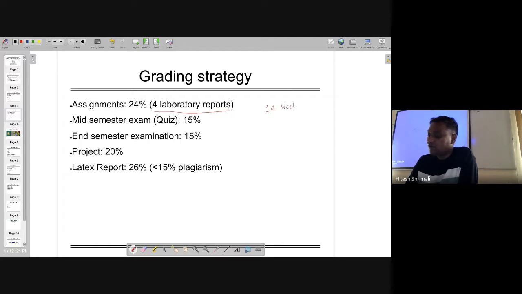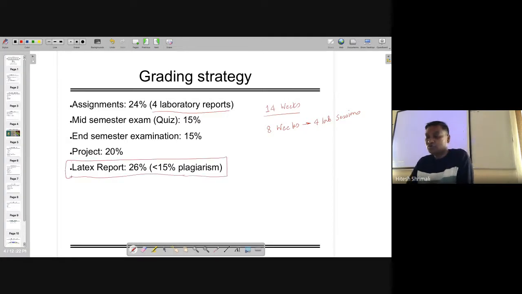Out of these 14 weeks, I plan that in the first 8 weeks, you are going to have 4 lab sessions where I'm going to teach some of the parts like Magic, or some of the things which are required to perform these laboratory sessions, and then you are going to implement it in some of the tools, and then you have to write the reports as you were doing in the previous semester.